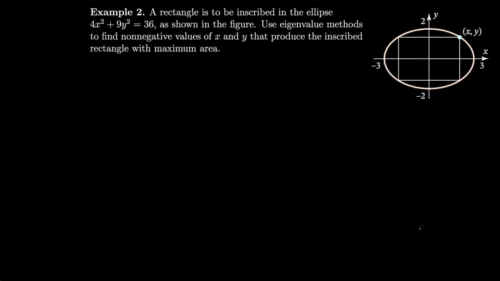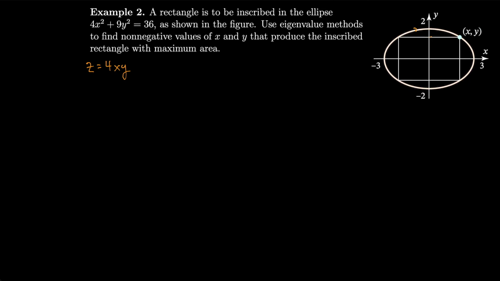A rectangle is to be inscribed in the ellipse 4x squared plus 9y squared equals 36, as shown in the figure. Let's use eigenvalue methods to find non-negative values of x and y that produce the inscribed rectangle with maximum area. So first, let's write z equal to 4xy. That's the area we want to maximize, since if this is x and this is x, then the length is 2x,